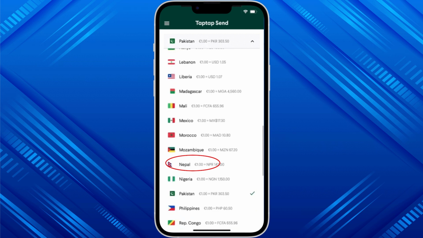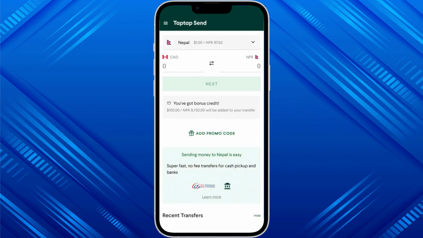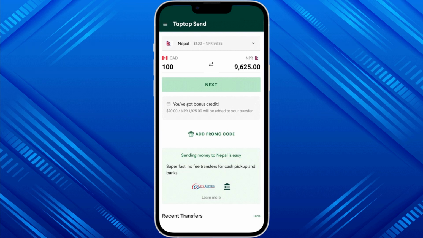After that, you have to select an amount to send. You can select any currency in the top left corner, so I'm selecting Canada. I have entered 100 Canadian dollars here, which is converting to Nepali rupees, and then you have to select next,